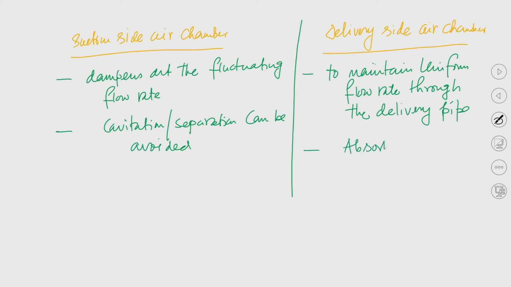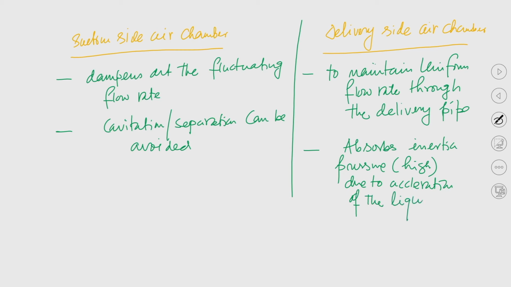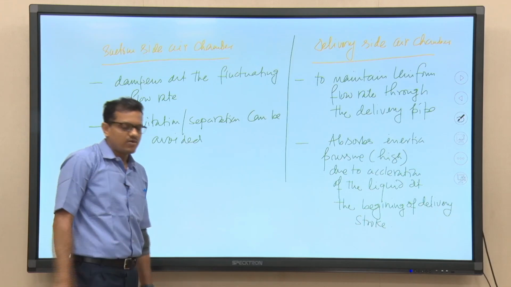Number 2, it absorbs inertia pressure, which is high, I am writing in bracket high inertia pressure, due to acceleration of the liquid at the beginning of delivery stroke. So, in the delivery pipeline there is no issue related to the reduction of pressure less than the vapor pressure,